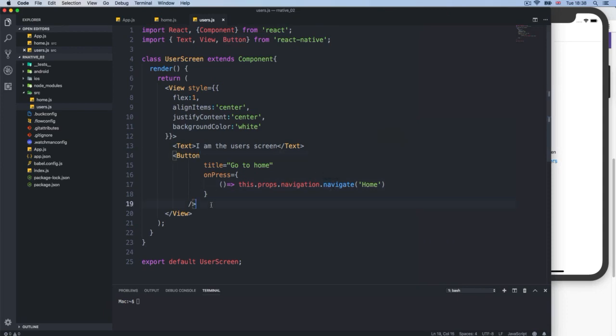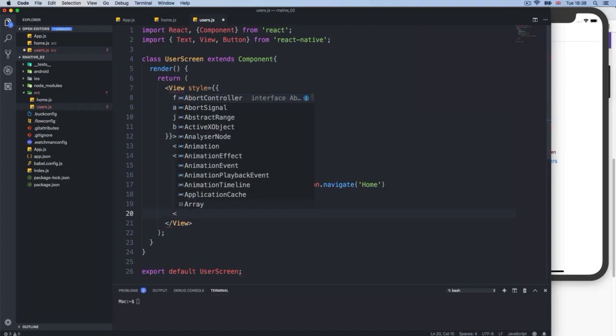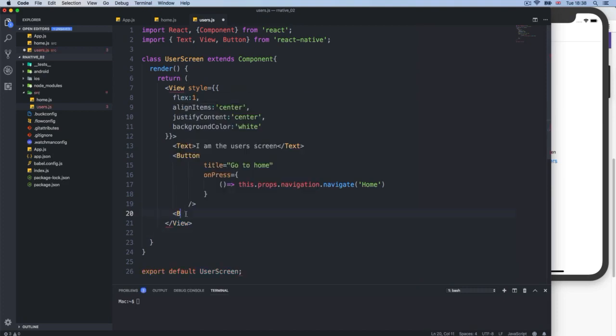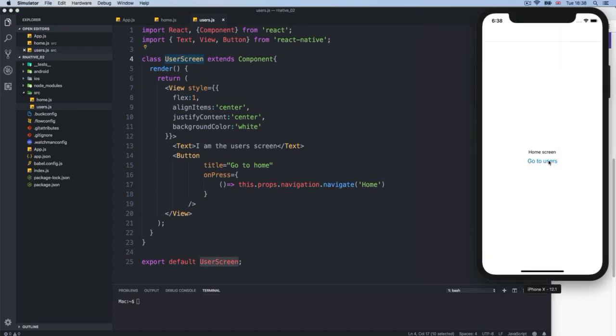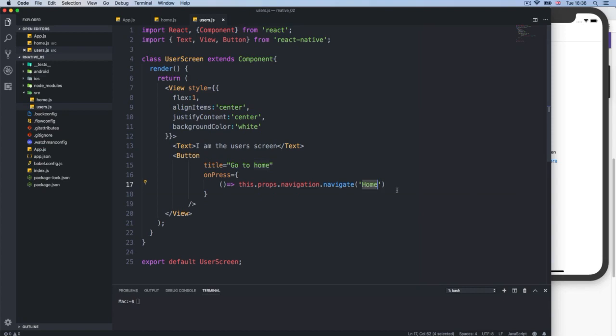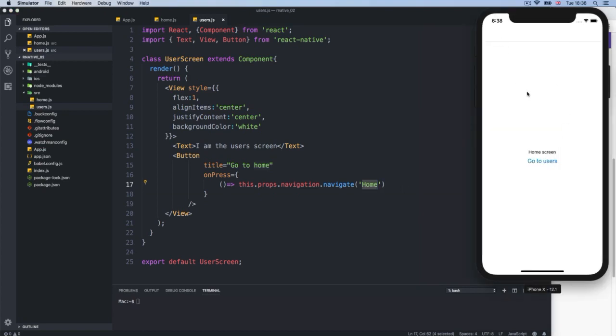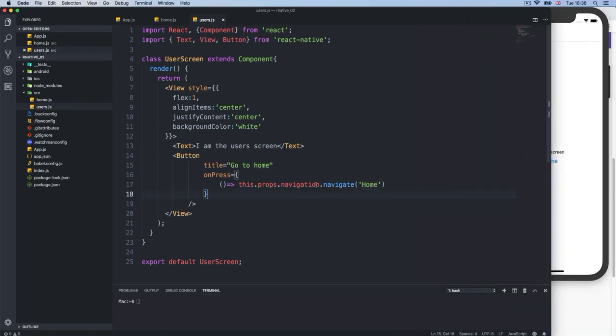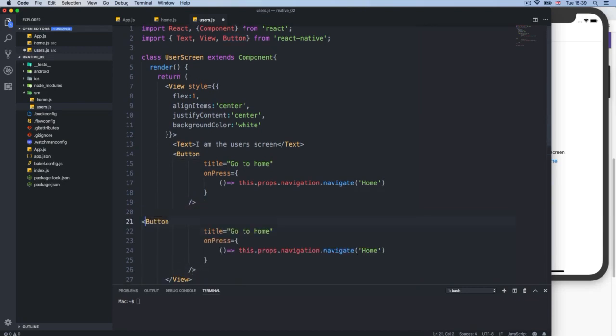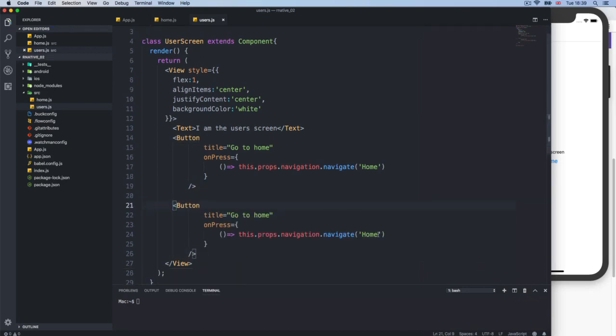We're going to check them later. But for example, if you want to go back and you don't know, let's say that you are on the child component. Let's say that you are maybe, I don't know, at the user screen, right? We are on the user screen. And instead of just going to a specific route, you want to go back, right? You are on the home, you go to users, and you're going to go back to whatever route. All right, so you could pretty much do the same thing, and you have a goBack kind of a method. So instead of home, because we don't know the name of where we're going to go back,